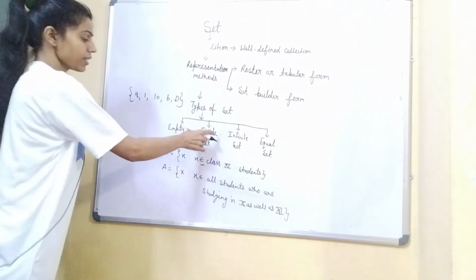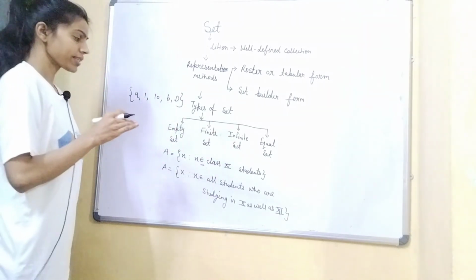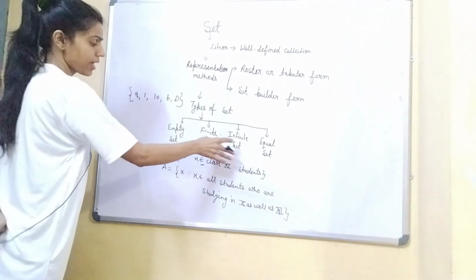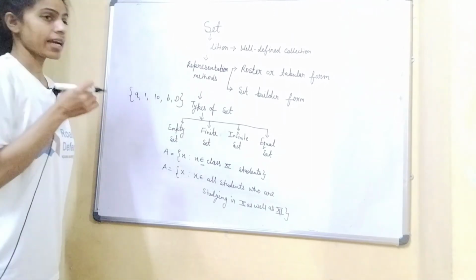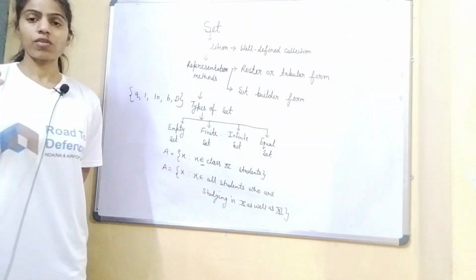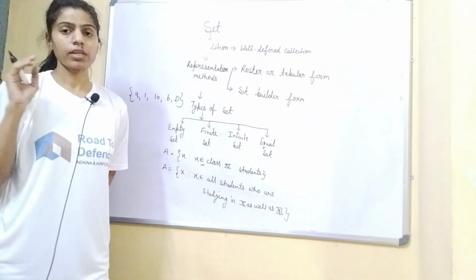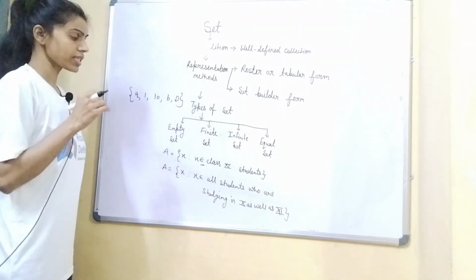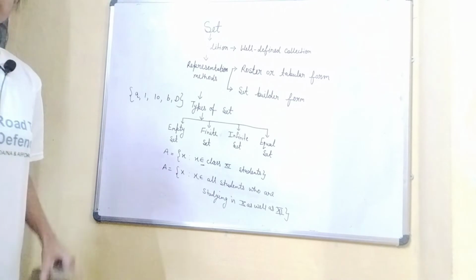नाउ कम टू द नेक्स्ट, फाइनाइट सेट. फाइनाइट सेट स्टूडेंट्स, फाइनाइट और इनफाइनाइट के वर्ड से ही समझ में आ रहा है. Finite means what, if the number of elements are finite, or infinite means what, if there are infinite number of elements. जैसे students we can take the set of natural numbers, so there are infinite number of elements in this set. If the set of integers, there are infinite number of elements. If there are the collection of rational numbers, so infinite number of rational numbers are there. So these all sets are what, infinite set. Finite set means what students, if the number of elements are finite.